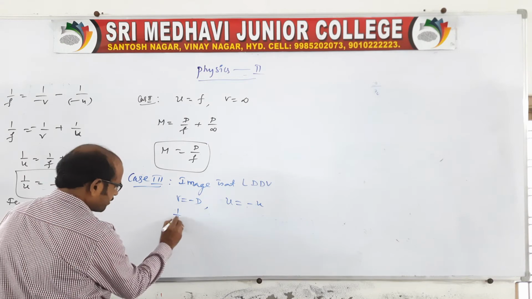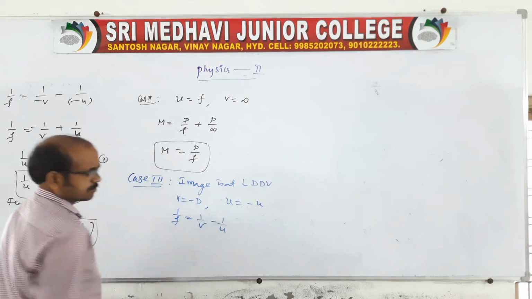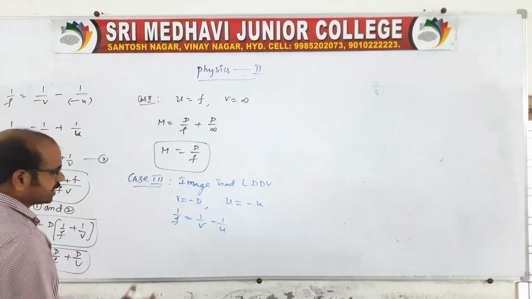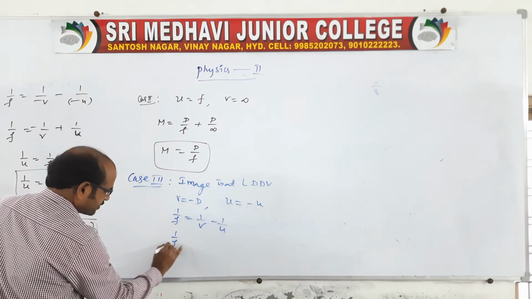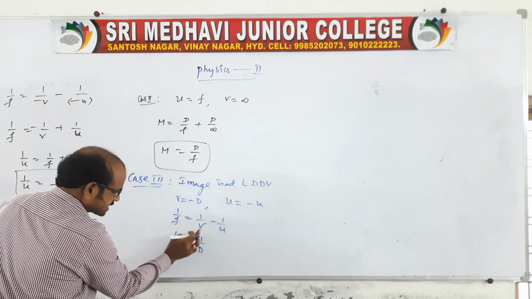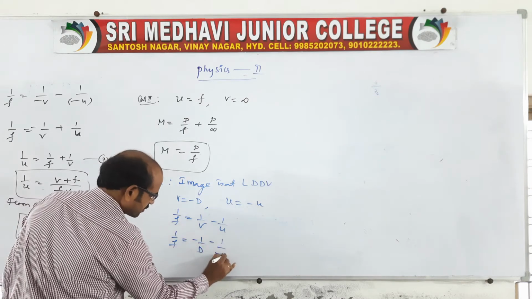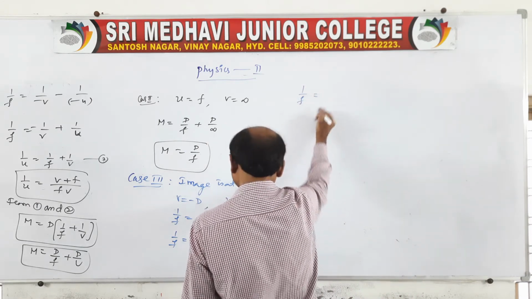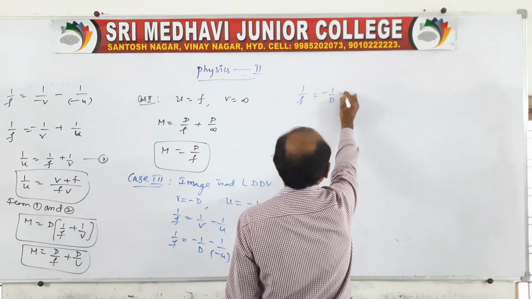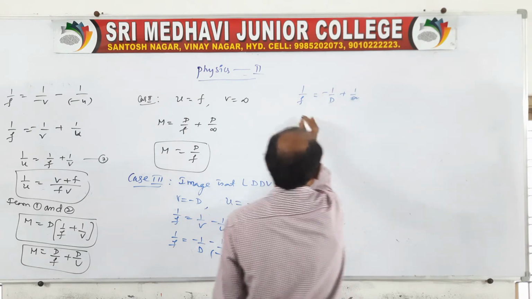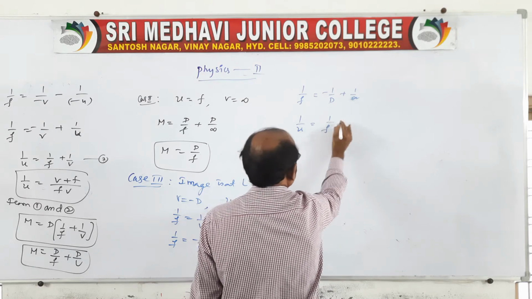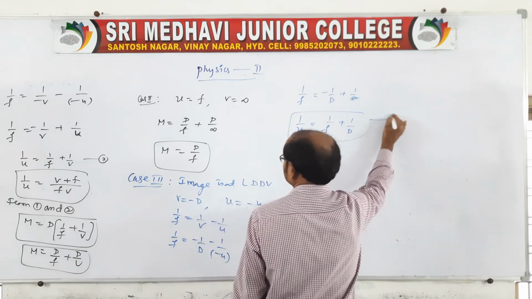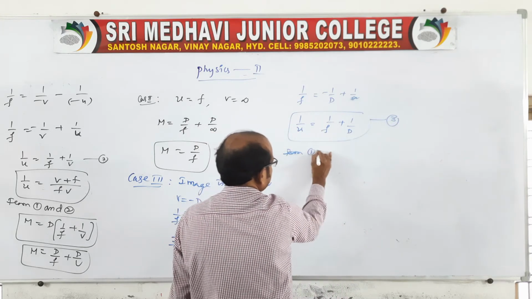Again you get 1 by f is equal to 1 by v minus 1 by u, because the magnification will be capital M is equal to d by u. So here also you calculate the u value, or 1 by u value. Suppose you write f is equal to minus 1 by d, because instead of v you write minus d, and here minus of minus 1 by u. Therefore 1 by f is equal to minus 1 by d plus 1 by u. So you calculate 1 by u is equal to 1 by f plus 1 by d. The magnification you give as equation 3, then from 1 and 3.